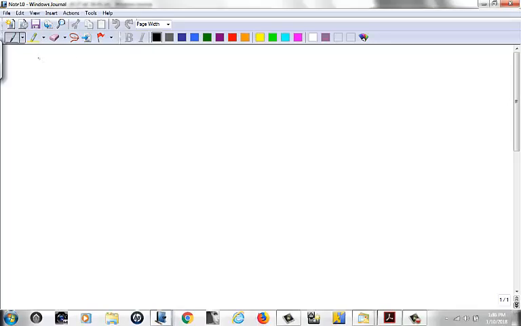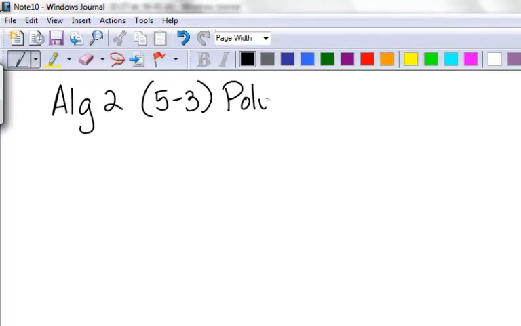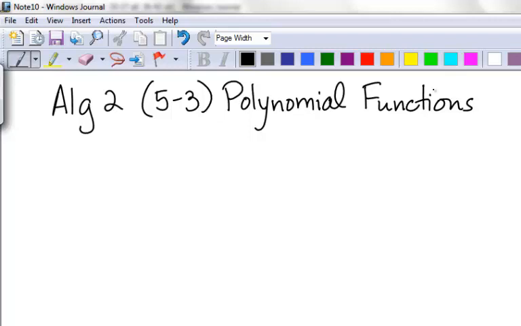Okay, this is for section 5.3, called Polynomial Functions. Remember, when they had the word polynomial function, you can tell a function by the vertical line test. If no 2 points line up and down on your graph, then it is a function. The first thing the author defines is a polynomial